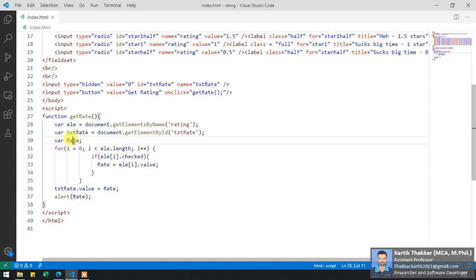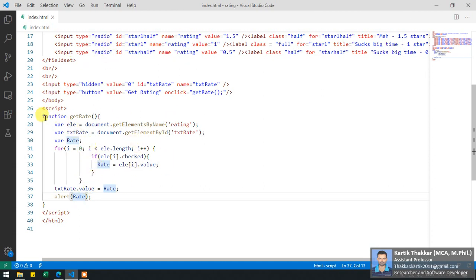Okay, so we will get the value of the checked radio button. Okay, and then I am just putting that particular rate value into the value of this hidden control, txtRate.value is equal to rate, and I am also using the alert box to display to you the complete rating given by these radio buttons.